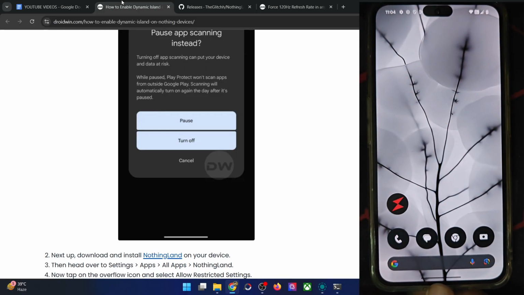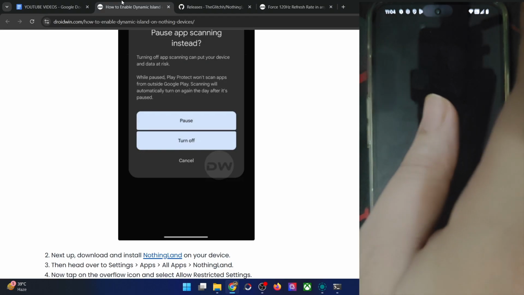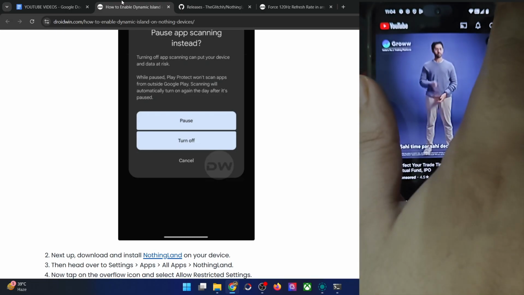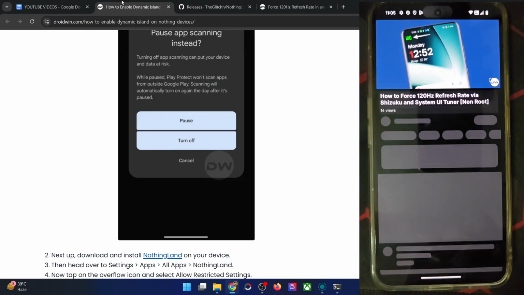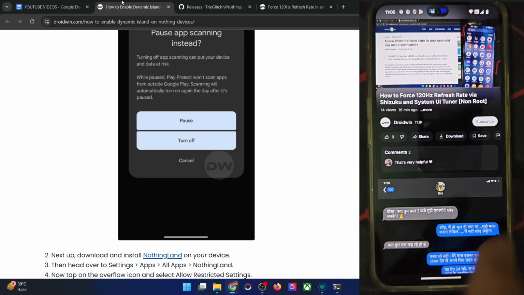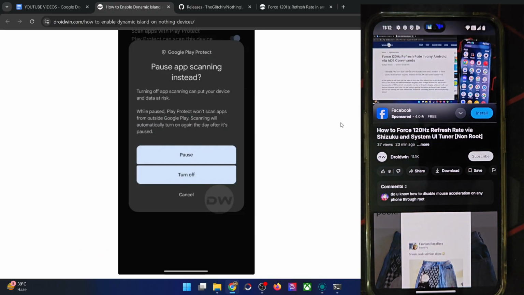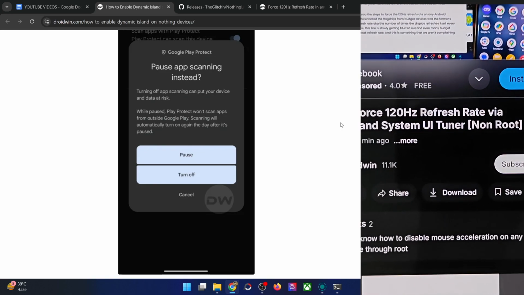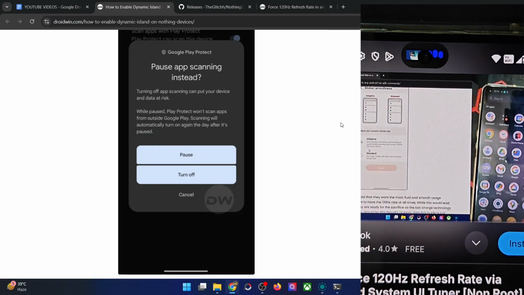Apart from that, let me now try to open and play music, but that will lead to some copyright issues. So let me simply open my own channel, Droidwin, and play a video from it. As you could see, you are now getting the featured image and the music player as well. Guys, let me try to zoom in to show the result. So this is the zoom in, and as you could see over here, this is the result.